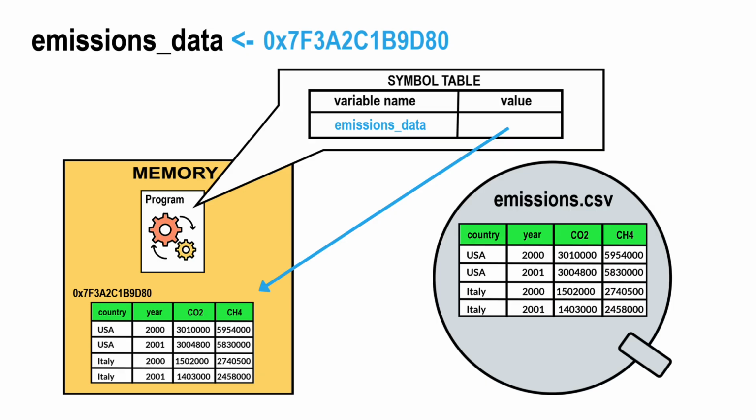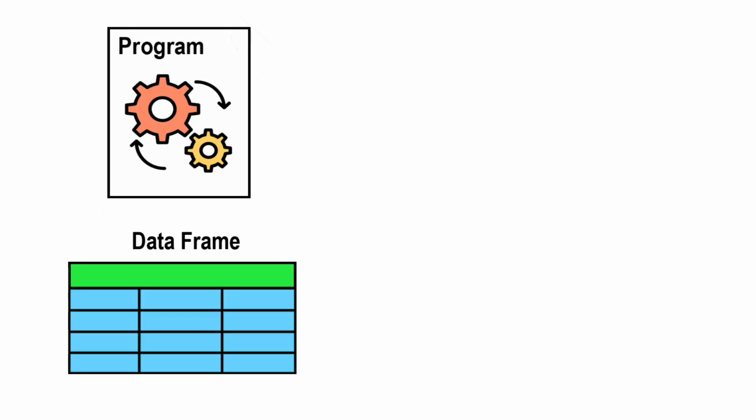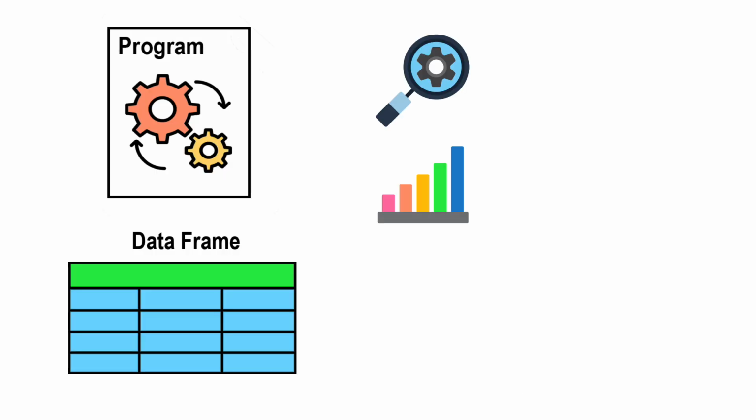Using the operations and functions provided by the programming language, the program will then use the data frame variable, emissionsData, to access and manipulate the copy of the spreadsheet data that is in memory. Some programs will only examine and analyze the data in a data frame without changing it. However, if a program changes the data in a data frame, those changes will be lost when the program ends